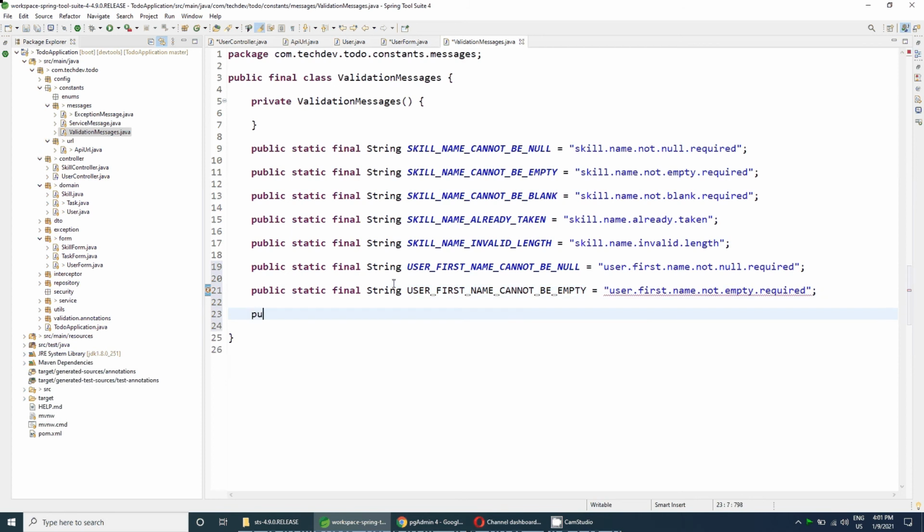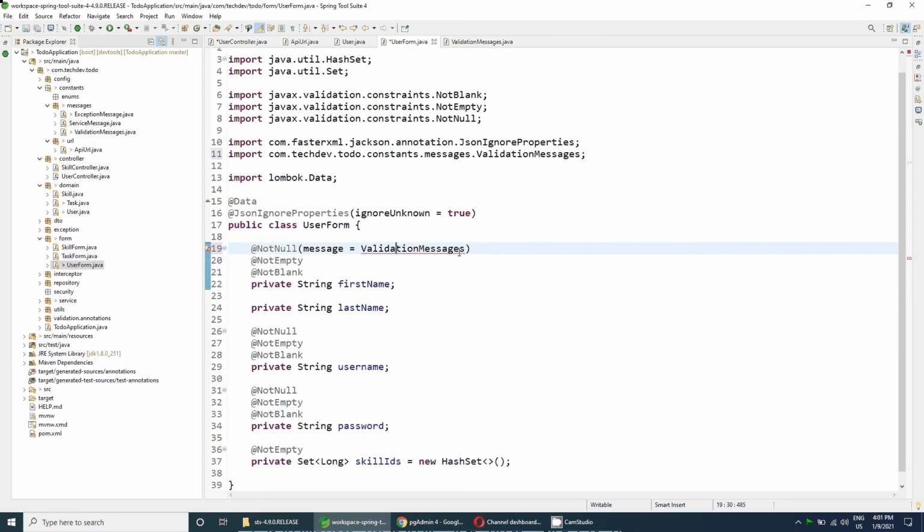And similarly for blank, public static final String user first name cannot be blank: user dot first dot name dot not dot blank dot required. So we have just created the messages for the first name field.